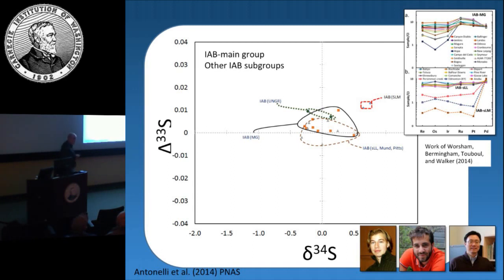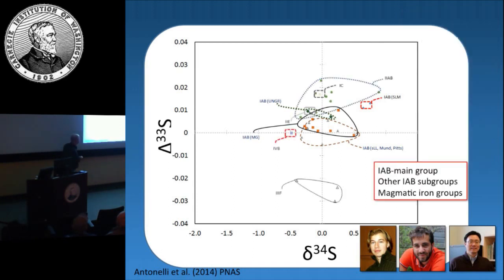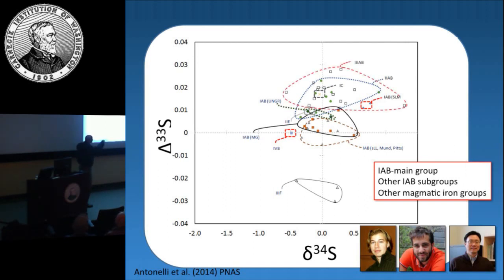We move through, though, we can look at the magmatic iron meteorites, and here's where it gets interesting. The 3Fs, one of these data points is actually from Gowan Thiemens. We have two that we were able to acquire. The 2ABs here, the 1Cs here. This is actually a non-magmatic one that plots near the origin. The 3ABs also plot up here, and then the 4As plot over here. Okay?